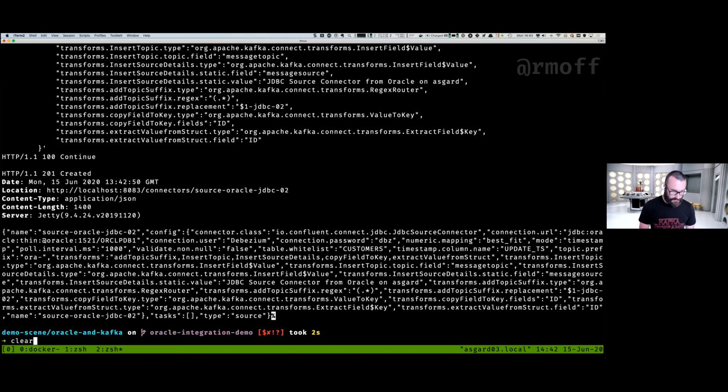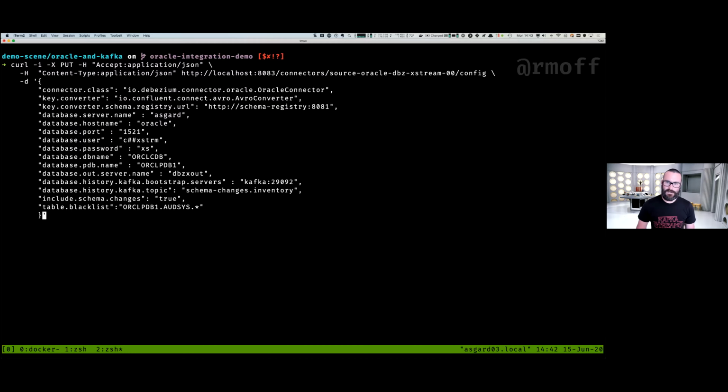And the second one looks like this. So this is now using a different connector. This is the Debezium connector. Debezium's an open source project. They've got connectors for different databases. They've got MySQL, Postgres, DB2, Mongo, and they've got Oracle in beta status. So what I'm showing you here is a beta version, and we'll see in a moment why it's kind of beta. It uses the XStream API under the covers. You still have to pay Oracle some money for the GoldenGate for Big Data adapter.